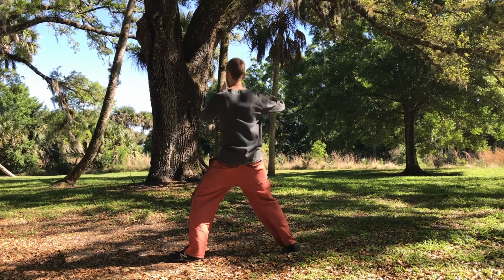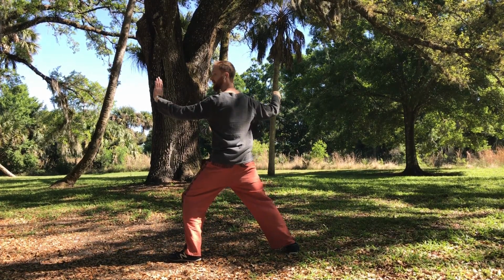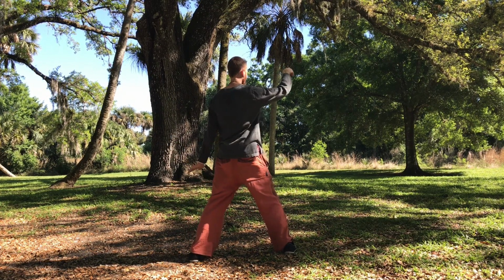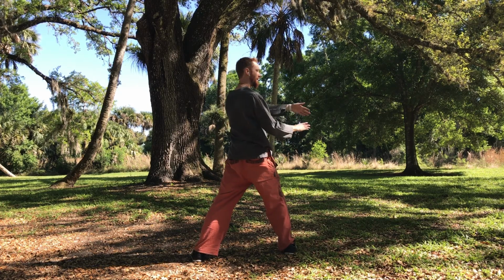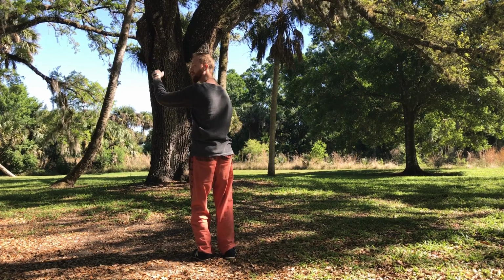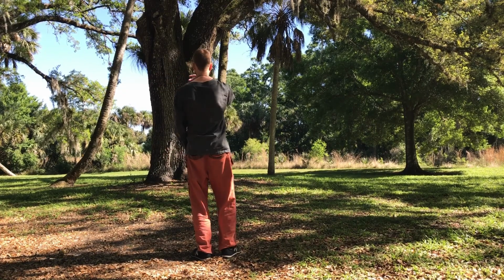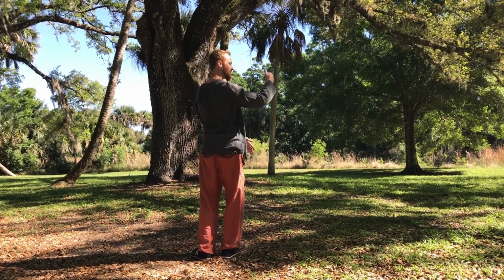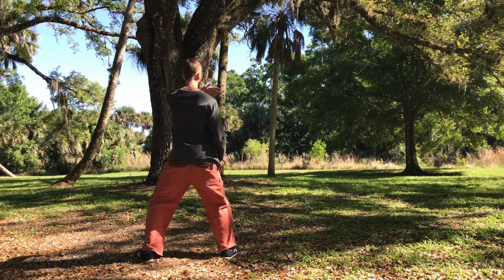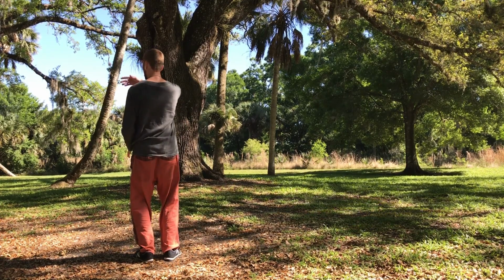I will go into a little more detail on the single whip because it's one of the more complex, I suppose. So we're going to follow this, bring this hand in, up, and over, and step. Change the hands. Follow the right hand across. Change hands. Step, left, follow, change, back,